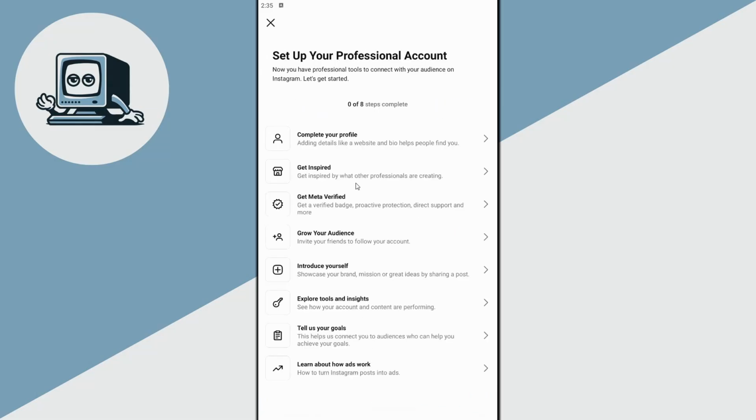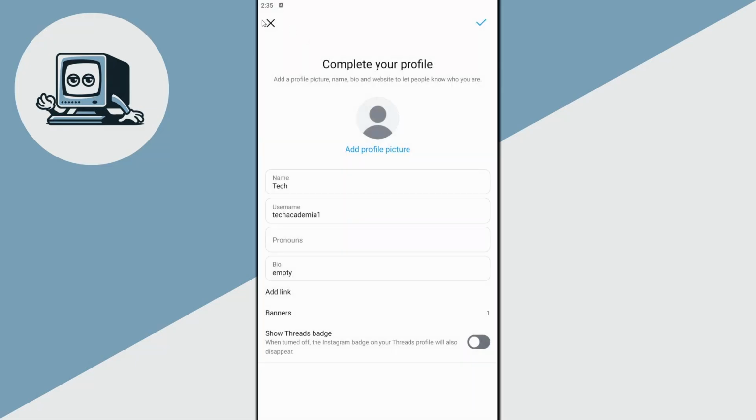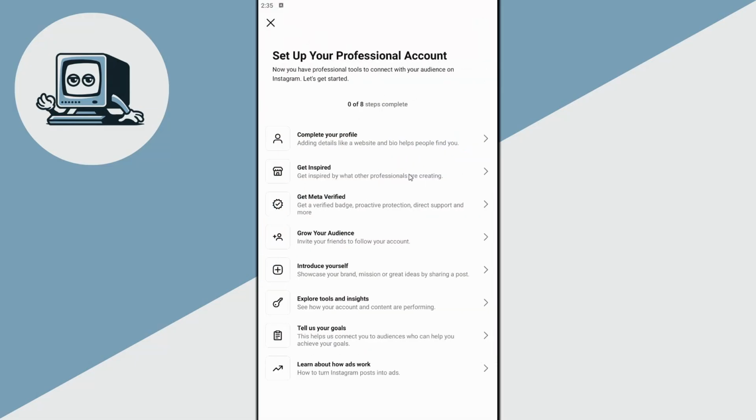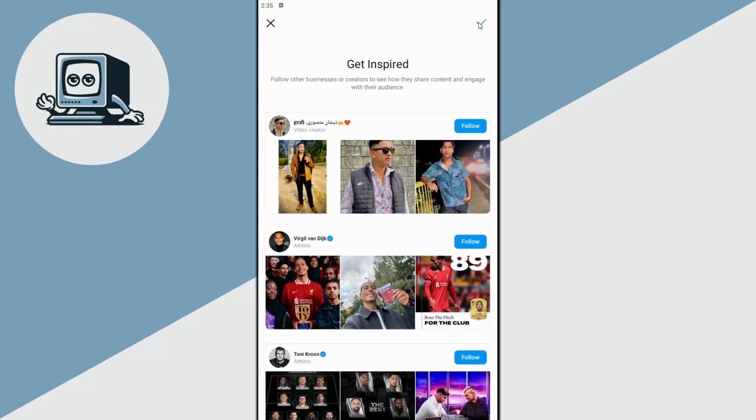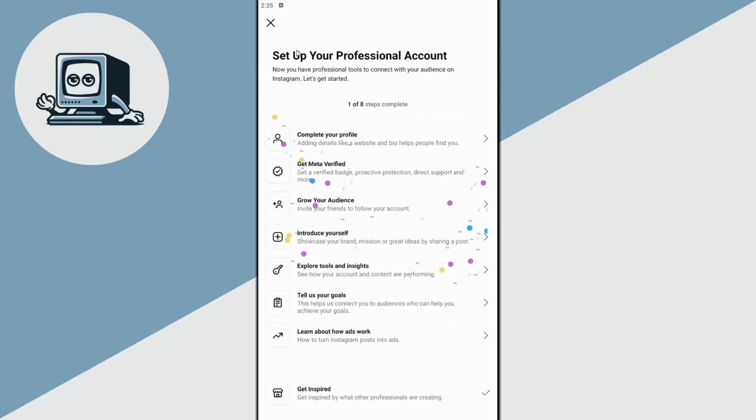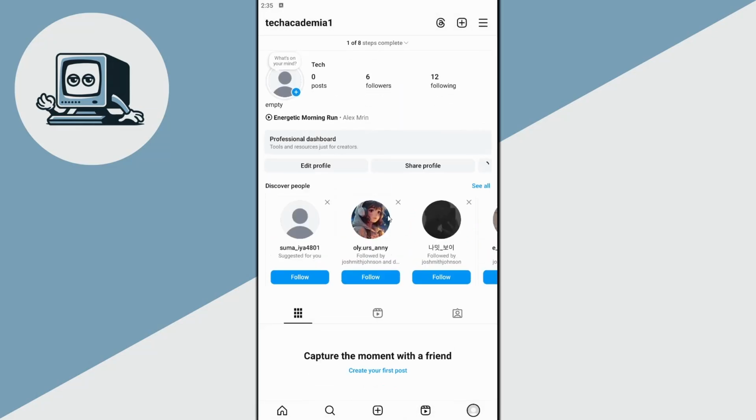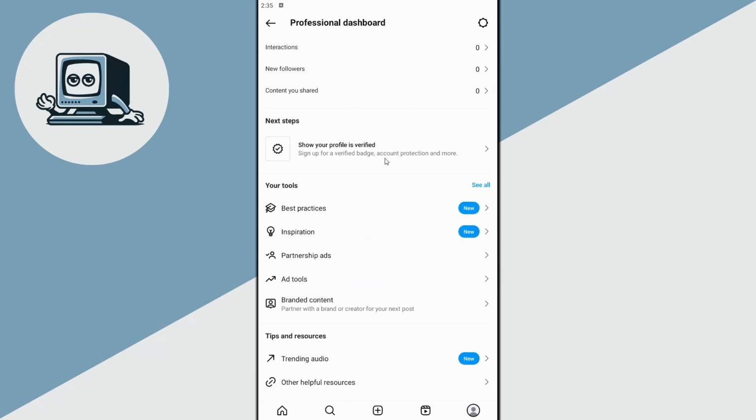emails. And now optionally you can do some of these recommended steps to reach more audience, but this is not needed, so you can just close it. And now, as you can see, we have access to the professional dashboard for creators, and we can start earning